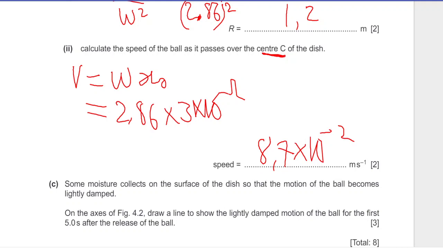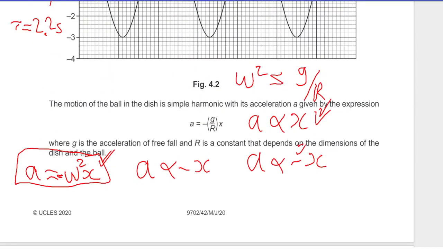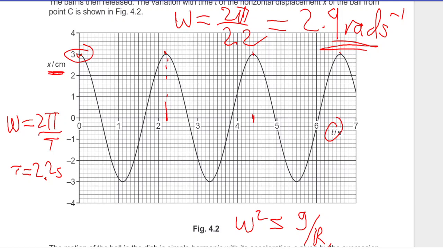Then it says some moisture collects on the surface of the dish so that the motion of the ball becomes lightly damped. On the axis of 4.2, draw a line to show the lightly damped motion of the ball for the first 5 seconds after the release of the ball. Right, so light damping is when the system actually oscillates and the amplitude decreases gradually. So we expect it to be following the same route over there, but then